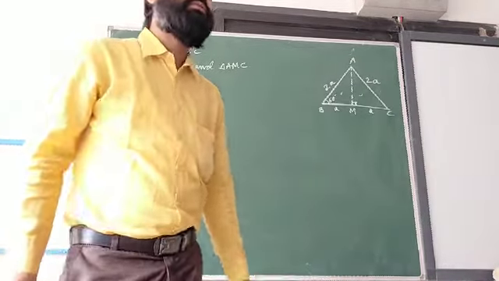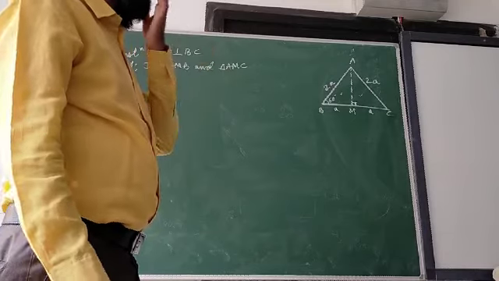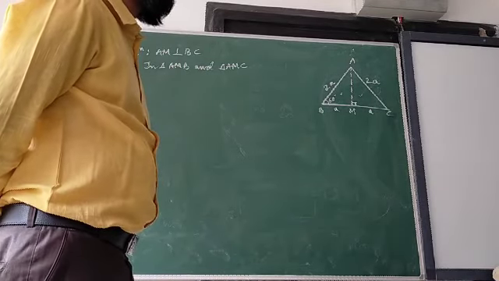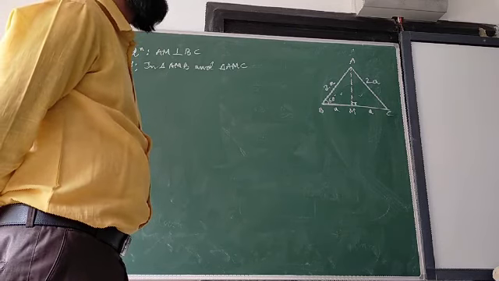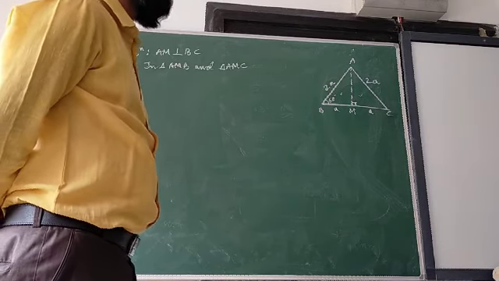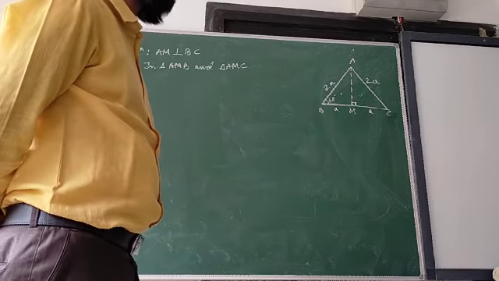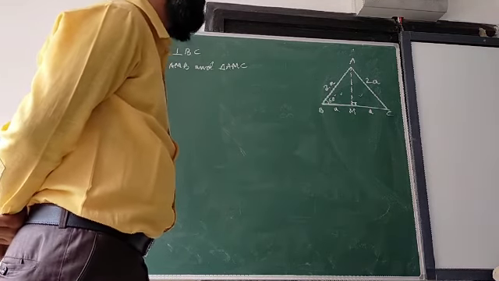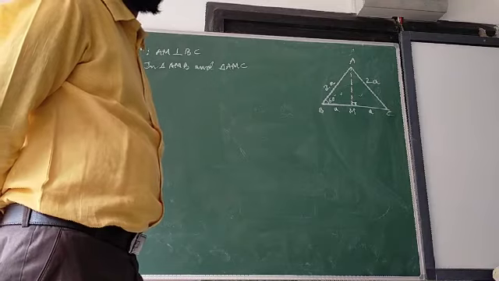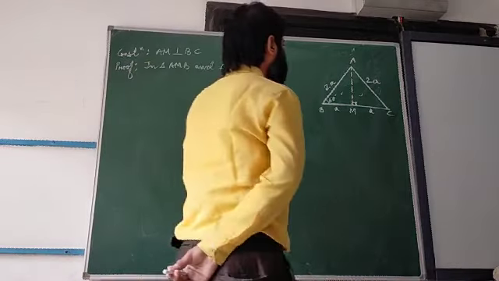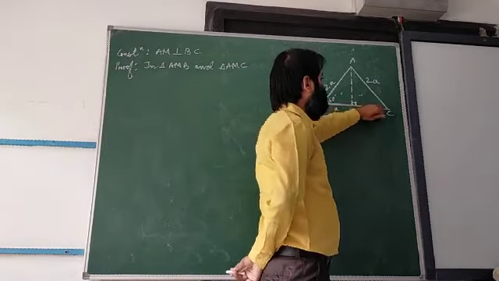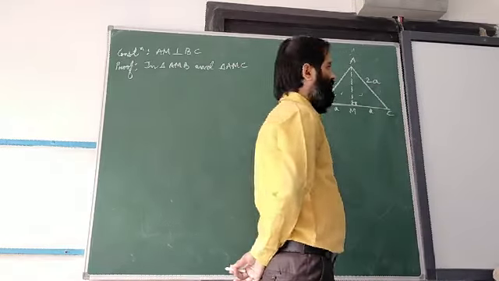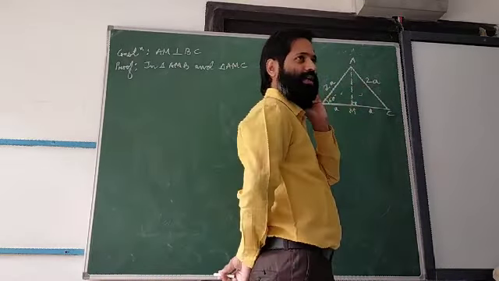Sir, side is AB equal to AC. One side. Then angle B equal to angle C, 60 degrees. Very good. So then BM equal to MC. Yes, sir. But this is not given. After proving congruence only, I have written this directly. So then AM equal to AM, common. Then which criterion is this?